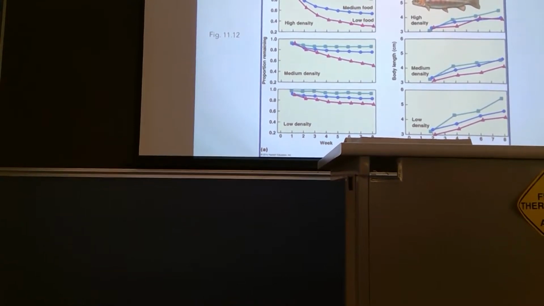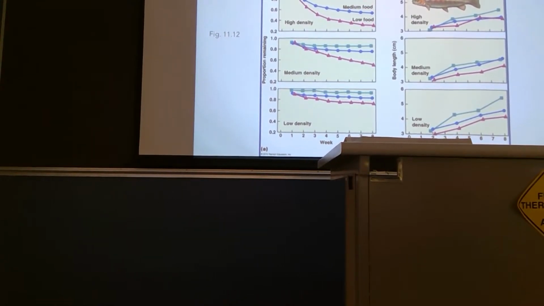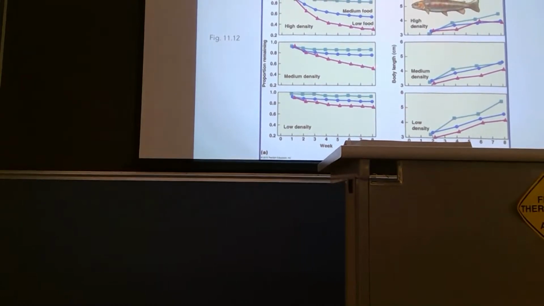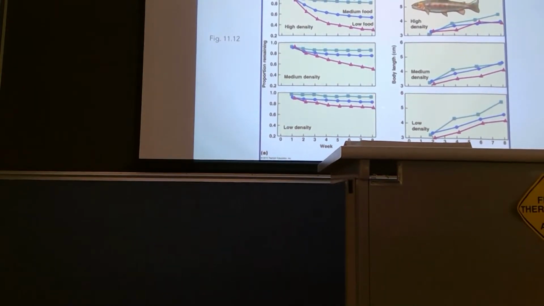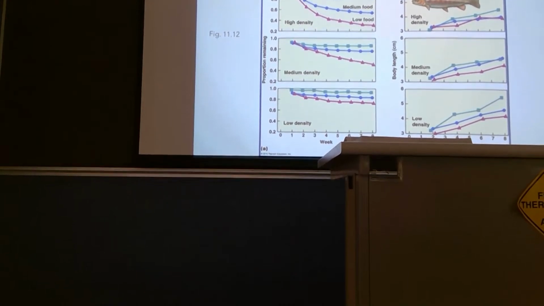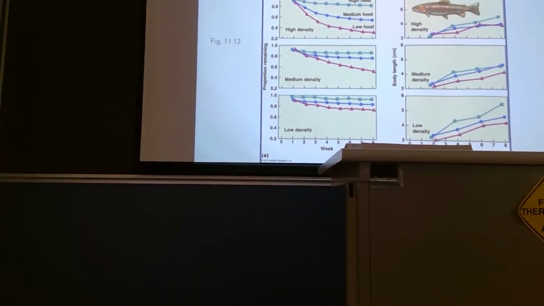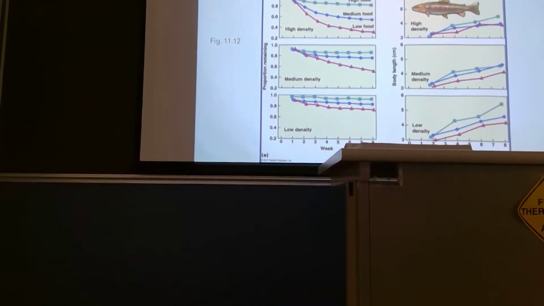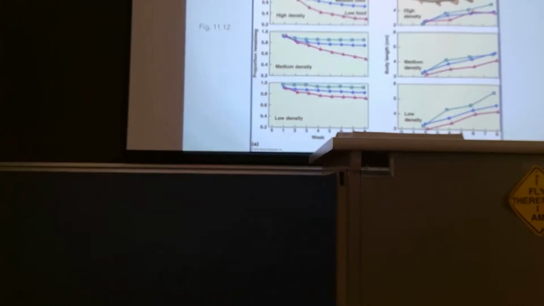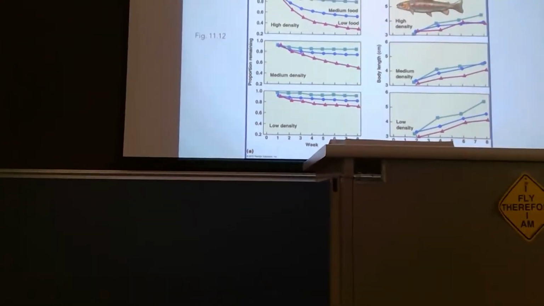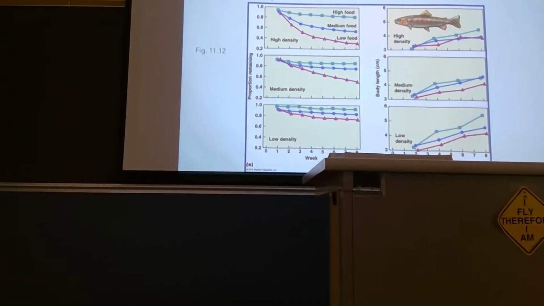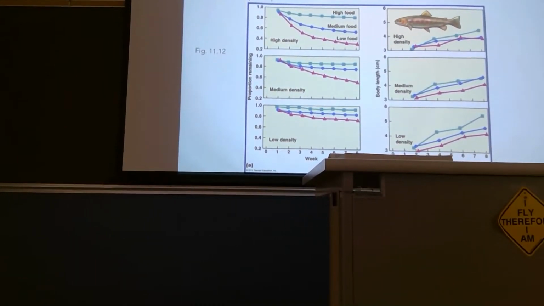You know, maybe high density, high food actually gets you the most fish at the saleable amount. Here you're gonna have big fish, but there won't be that many of them. Okay, so yeah, it might be some kind of trade-off. And again, if you throw a ton of food at just a few fish, you're gonna spend a whole lot of money per fish. Versus if you throw a ton of food at a ton of fish, you'll get a ton of fish back. But you can't cheap out then on the food, or you'll end up with less.